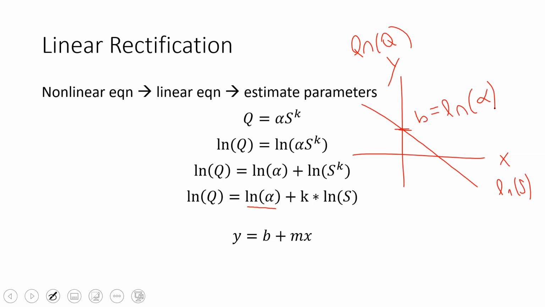That b equals ln of alpha is our link back to the original equation, because if we know what b is and we know what ln of alpha is, then we can find alpha by basically undoing the logarithm. Just so, in case you forget, you just have to do e to the power of the logarithm